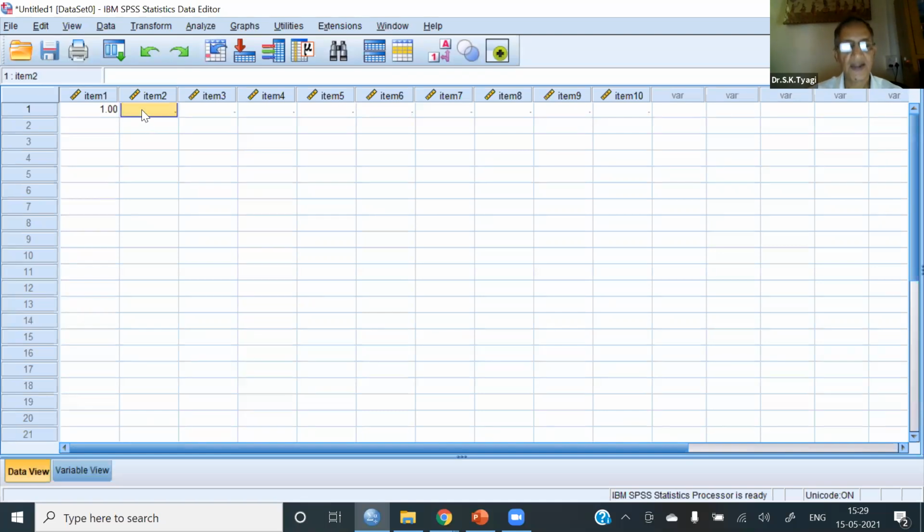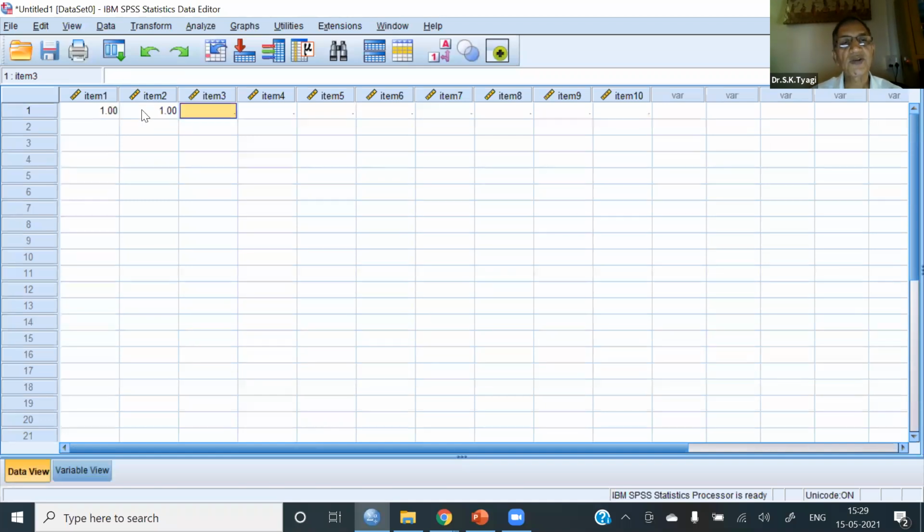One way is we enter data like this: student number 1, item 1 correct, item 2 correct. But this will take more time. Suppose the first person does 9 items correctly but the 10th wrongly. This is how we enter the data.